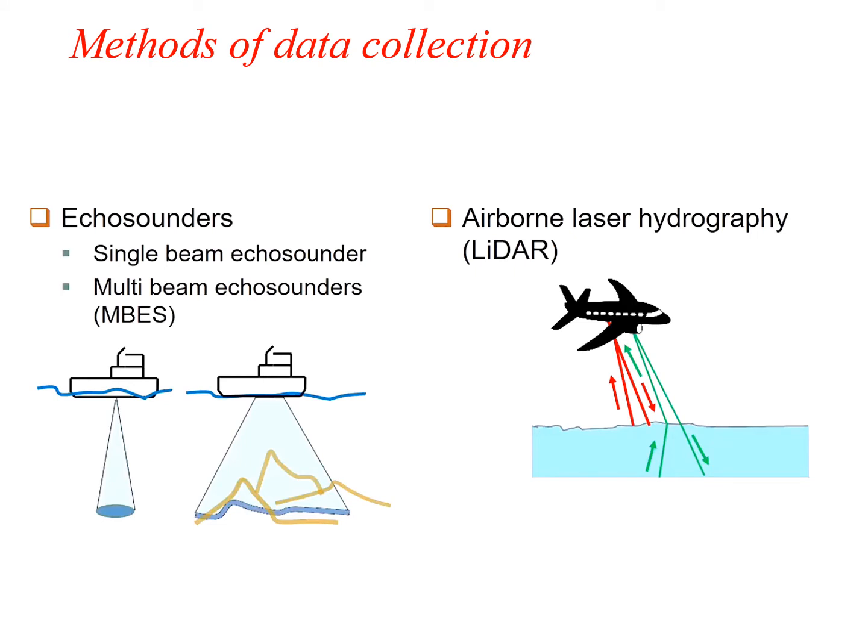Now one more is the echo sounders. If your water depth is more than 10 meters, we call it deep water depth. So there are different techniques, where sound waves are passed through some instrument. These are called fathometers or echo sounders. Earlier it was named a fathometer, but nowadays it is called an echo sounder. There are two types: one is the single beam echo sounder and another is the multi beam echo sounder, whose short form is MBES.